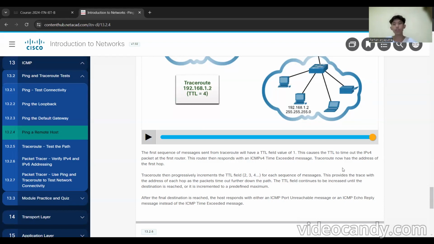For each sequence of messages, this provides the trace with the address of each hop as a packet times out further down the path. The TTL field continues to be increased until the destination is reached or it is incremented to a predefined maximum. After the final destination is reached, the host responds with either an ICMP port unreachable message or an ICMP echo reply message instead of an ICMP time exceeded message. Okay, thank you.